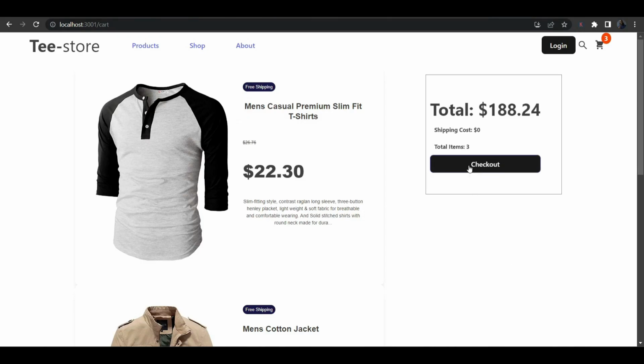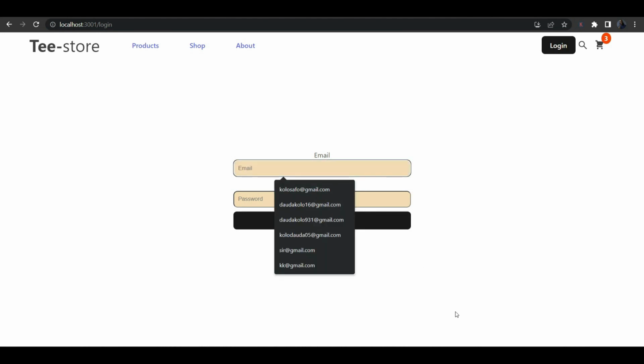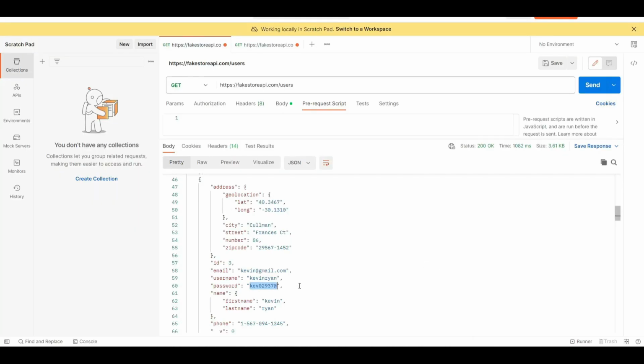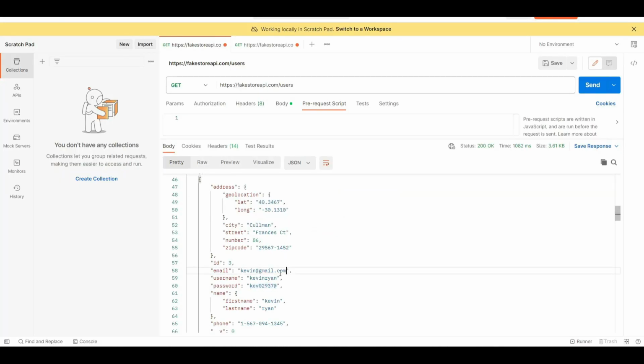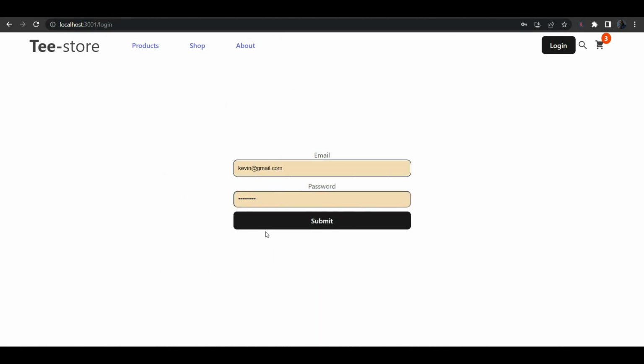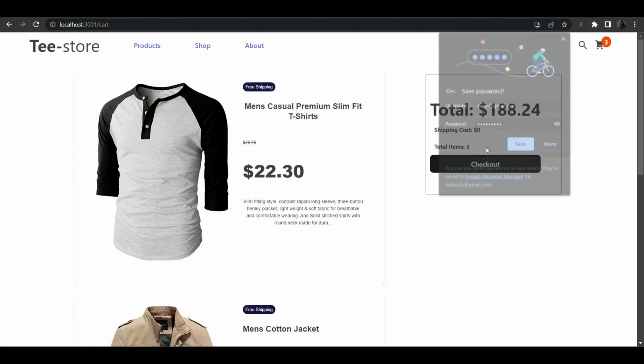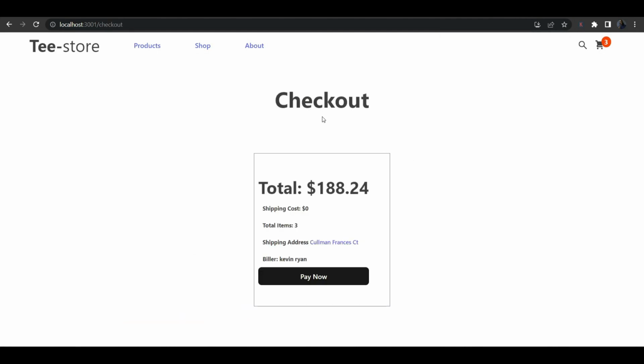And back in our code, if we click on checkout, now we need to log in. Let's go back to our Postman, grab a user. Let's grab the password first, paste that in, grab the email, copy, paste that in, and then we submit. Now if we click on our cart again, and then we click on checkout, we now have our checkout page